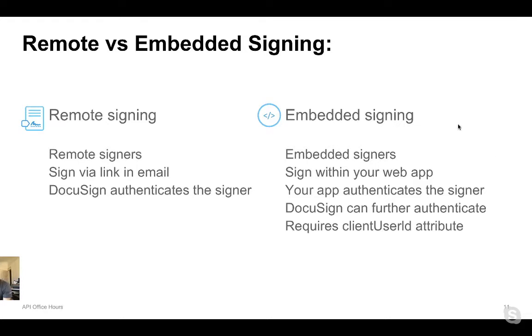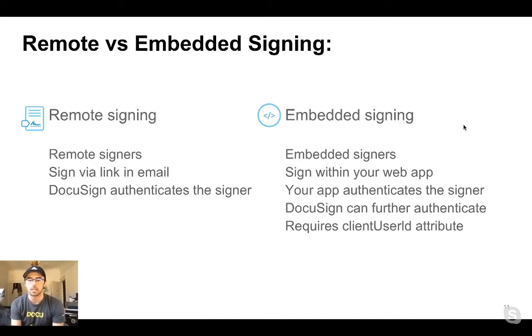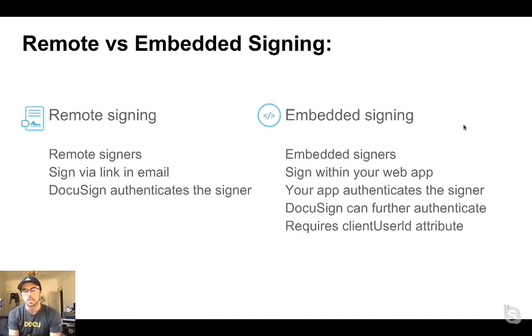I will show both of these flows in code using Node. Before we get there, I just want to mention that the way to implement this is specifying a client user ID attribute when you populate the recipient objects. That, to DocuSign, will mean this particular recipient will be signing in an embedded environment and not via email. So your end user, in that case, will not receive an email if you've specified the client user ID. And I'll talk a bit more about additional authentication types for recipients, including the IDV feature that I've previously spoken about.